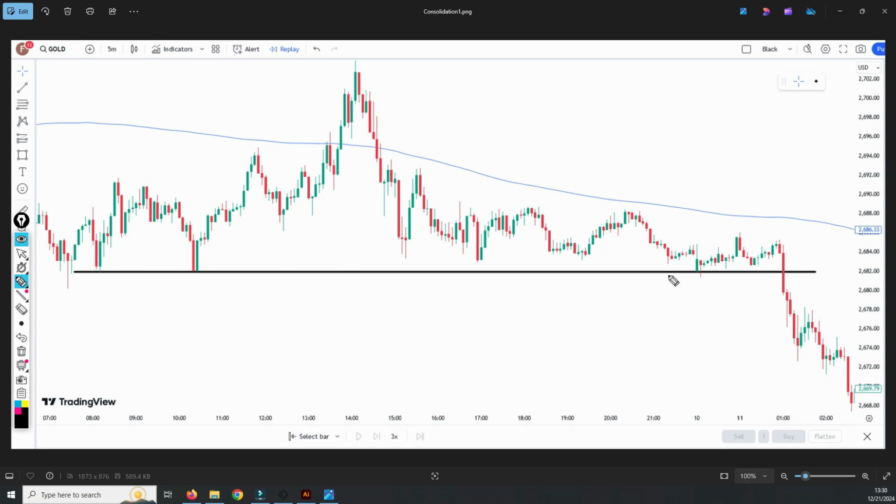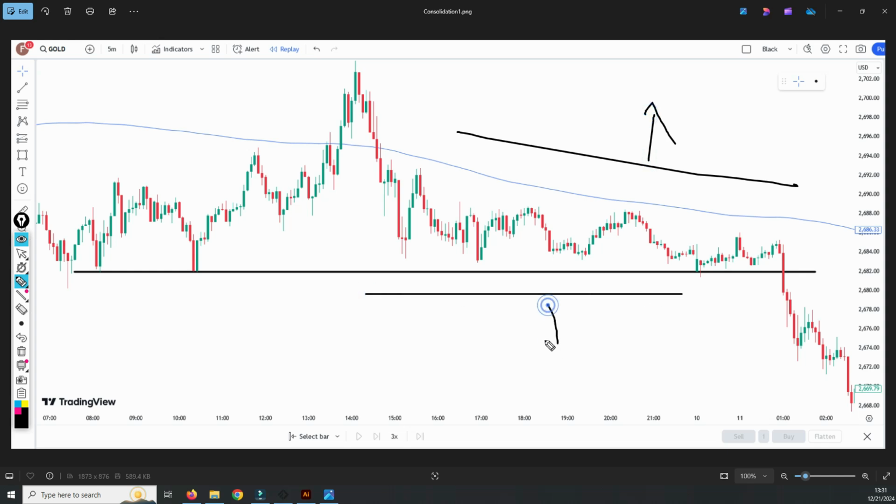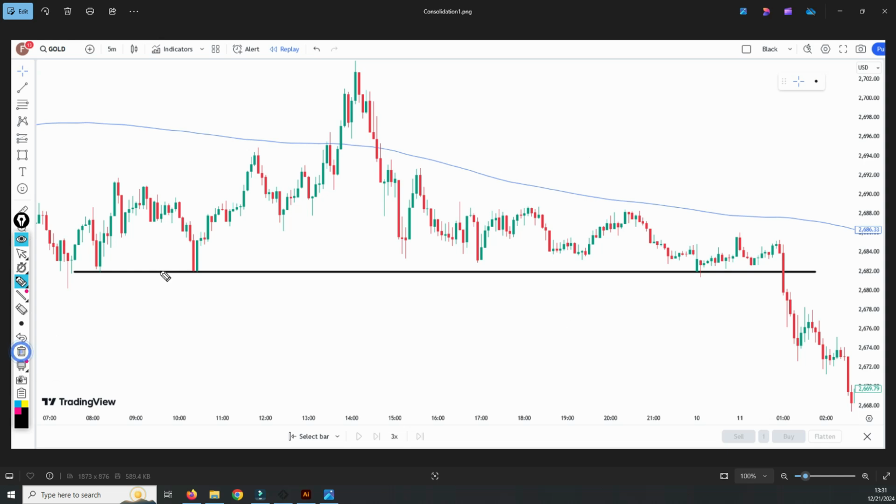So when you detect a huge consolidation area, the first thing you should do is check from which side. You see, this is the upper side, and this is the lower side. The first important thing is that the price will find support or resistance. In this case, the price finds really clear support, as you can see here